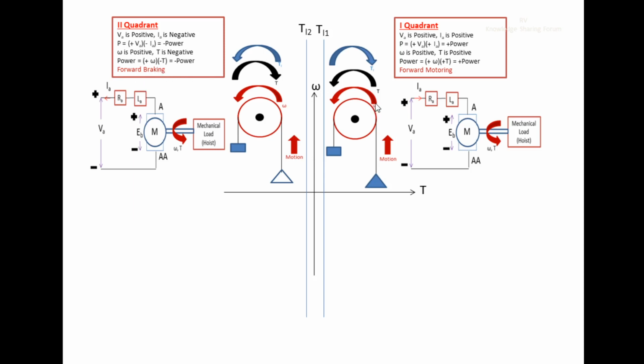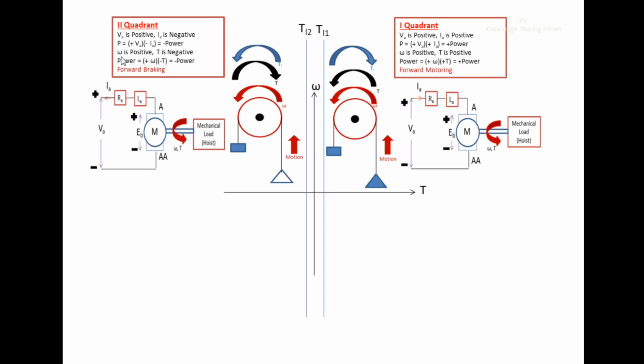In the first quadrant, the speed in the counterclockwise direction is assumed to be forward. The same is followed here. Here also we didn't reverse the speed. The direction of the speed is in the counterclockwise direction. So if the speed in the counterclockwise direction is positive in the first quadrant, the same is applicable for the second quadrant also. The direction of the speed is counterclockwise. Again it is positive, as in the first quadrant.